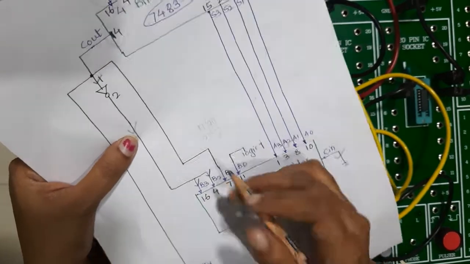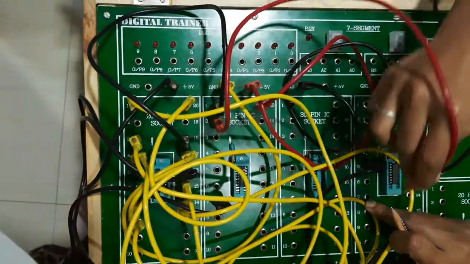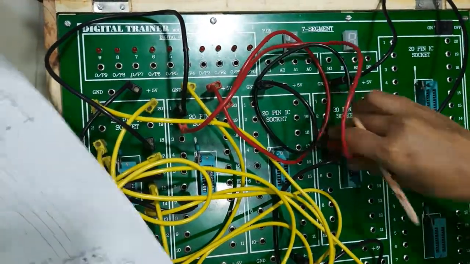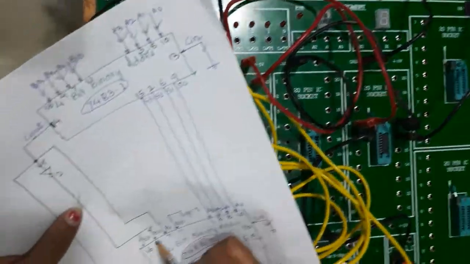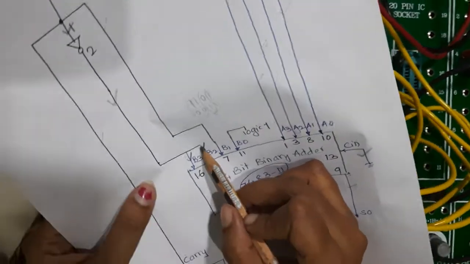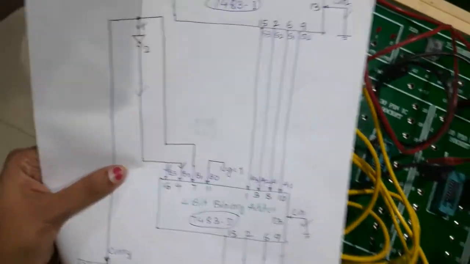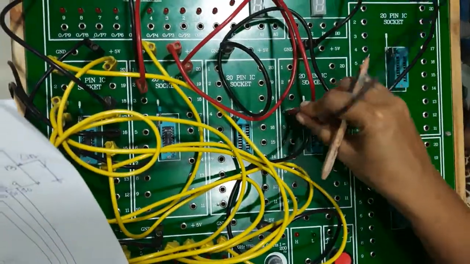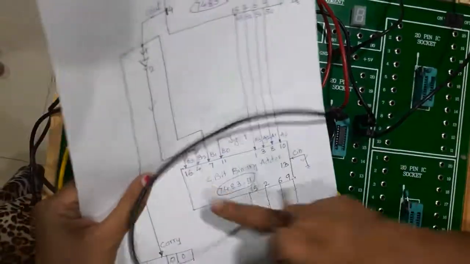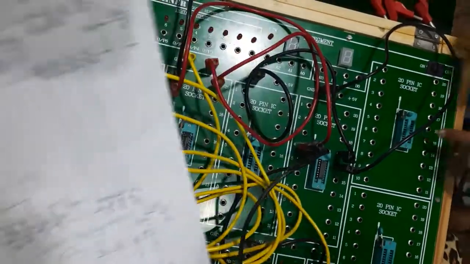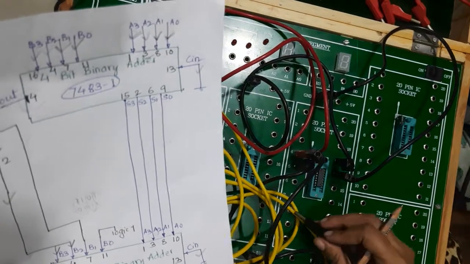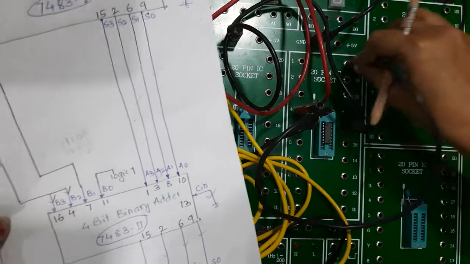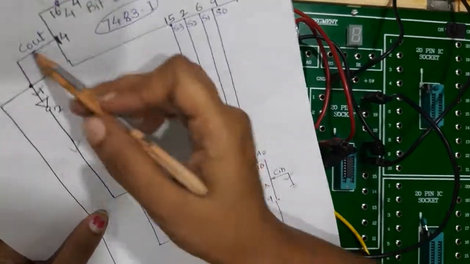So I will complete this part first. This is to be connected to the 4th pin of the second IC, second binary adder. So this is the 4th pin. Now these two have the same common connection, so I can take out the connection from this and connect it over here. From the 4th pin of this, it is to be connected to the 16th pin of the same binary adder. So this is my second binary adder: 8, 9, 10, 11, 12, 13, 14, 15 and 16. So these two connections are done. So this part is done.